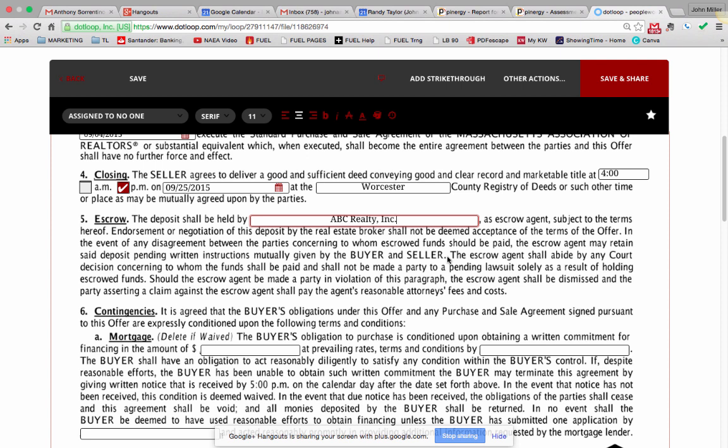I'm just not going to sign what we call a release of escrow form. Traditionally, they would both have to sign the release of escrow form in order to have the deposit go one way or the other. Moving on, it says the escrow agent shall abide by any court decision concerning to whom the funds shall be